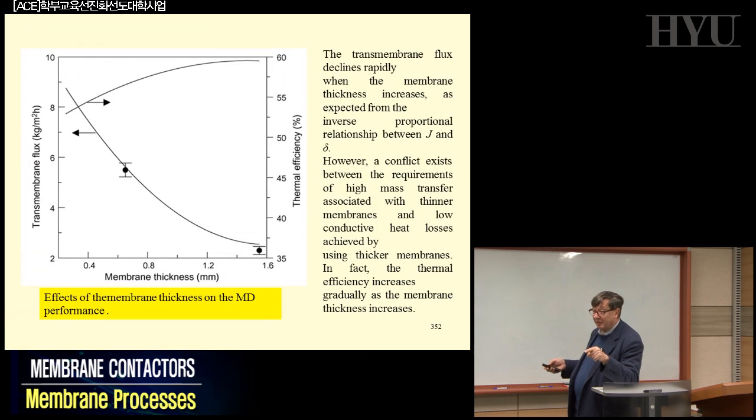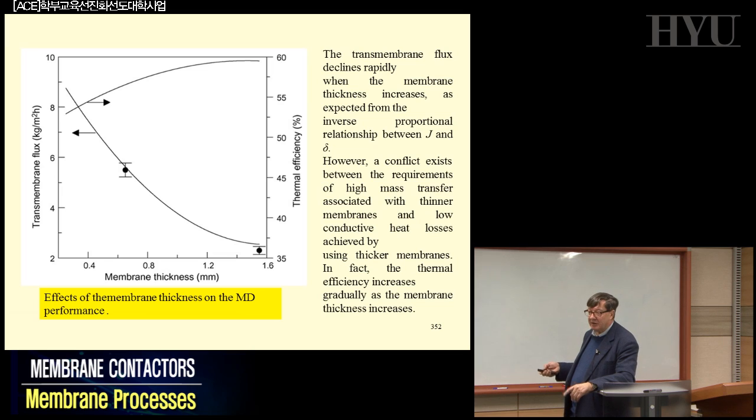One difference with all the processes we have been discussing before is in producing your membranes. Normally, we assume that the transmembrane flux always goes down if you increase membrane thickness. And it's going down also in this case, also in membrane distillation. But transmembrane flux is not the only important parameter if you want to evaluate final cost and energy consumption,